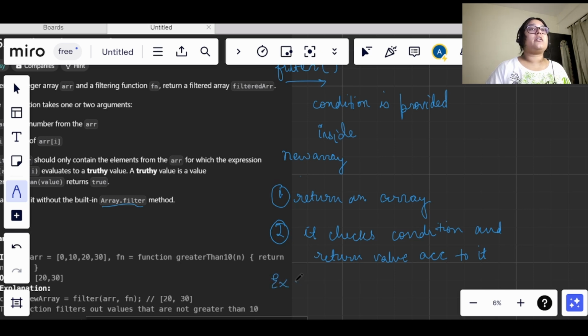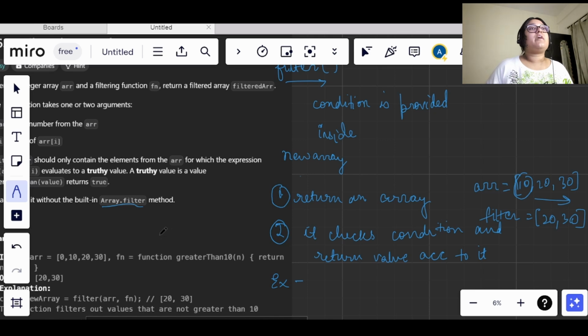If we have an array, let's say 10, 20, 30, and we want a new filtered array where all the values are greater than 10, then the new array should contain 20 and 30.